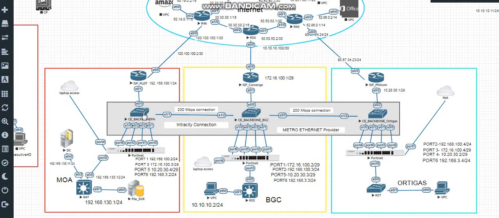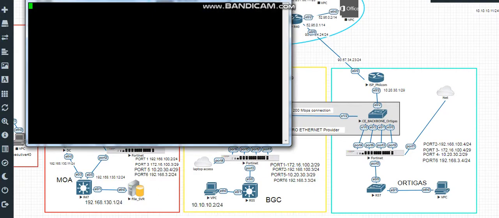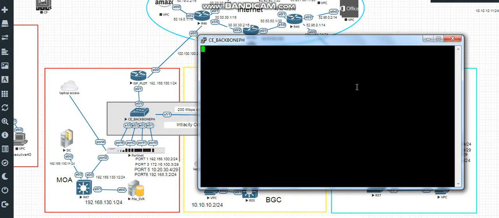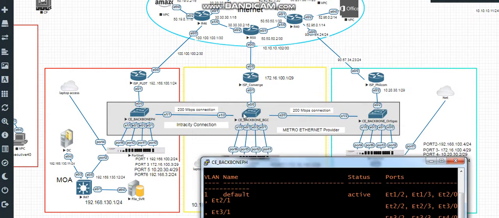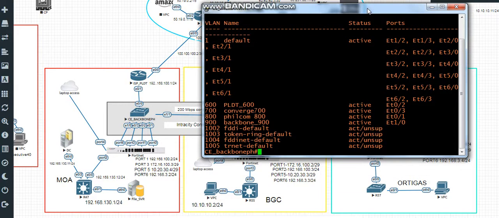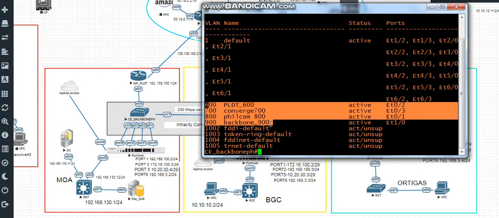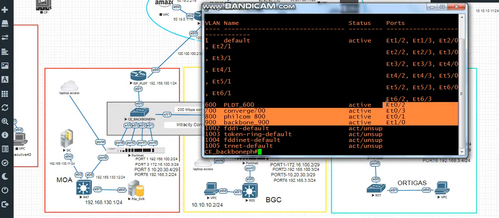So let's see the configuration of this layer 2 switch on the Metro Ethernet. Show run, show VLAN brief. From this switch and this switch and this switch, we created 4 VLANs: 600, 700, 800, and then I assigned those VLANs to these interfaces. These interfaces will be the access port, and the other one will be static. We need to input a static IP for this. So for example,